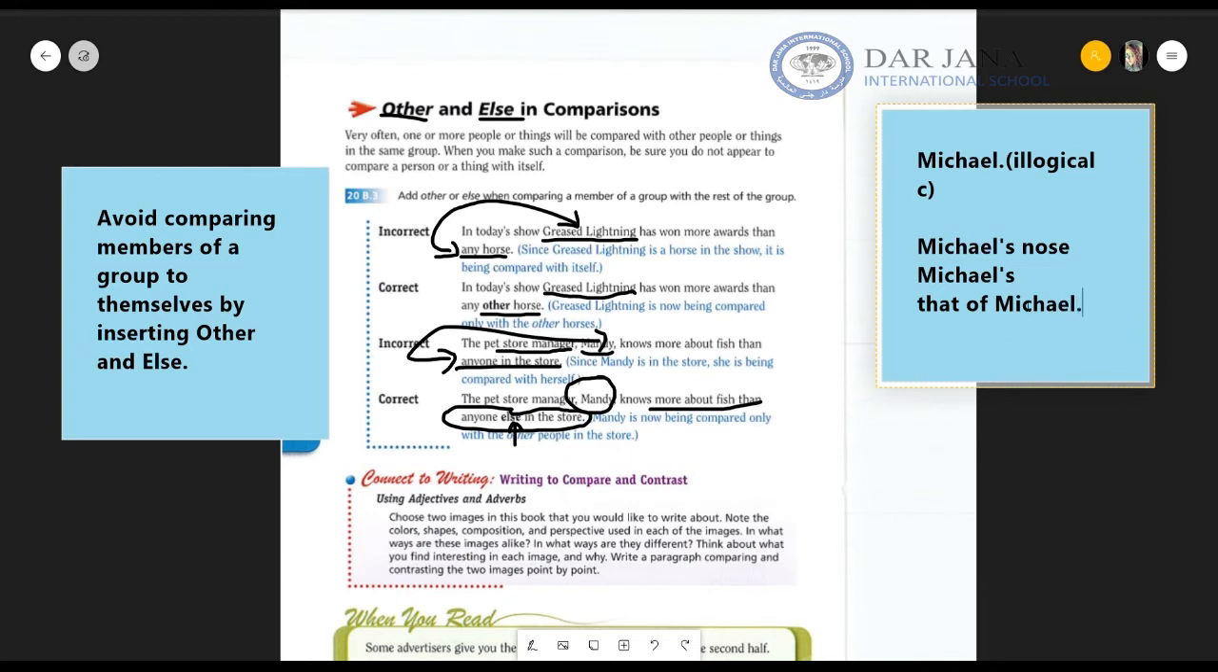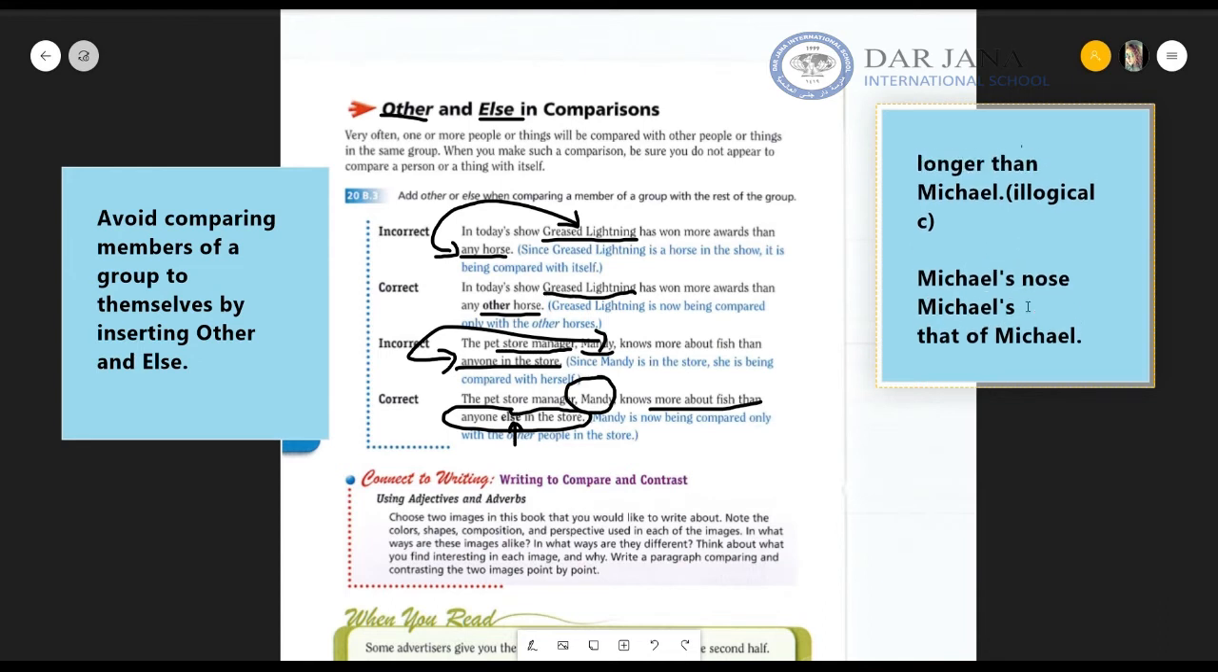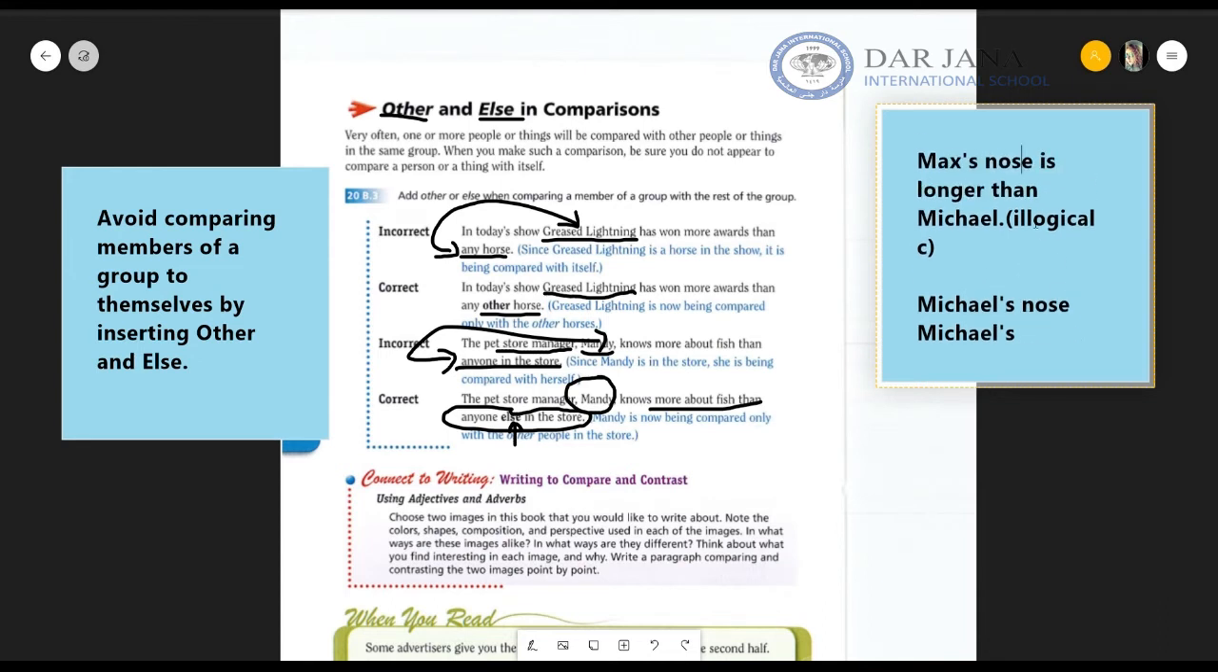So this was an example of an illogical comparison where one thing was compared to a completely different thing, so a word was missing. So I either add the word, which is "nose" in this case, or I add the possessive form, which is apostrophe s, or I add a demonstrative pronoun. In this case we used "that." Okay,